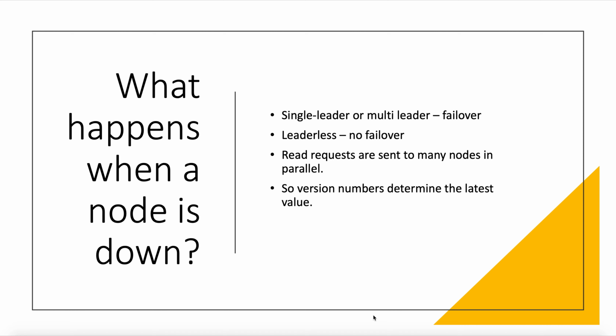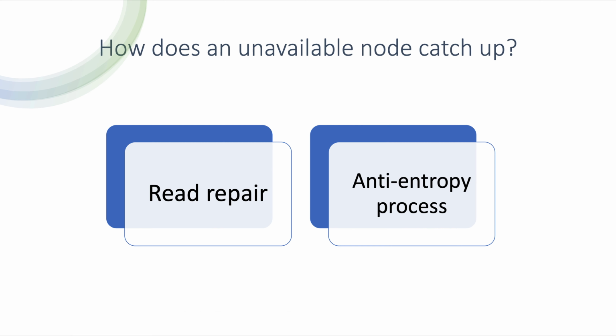Now imagine that the unavailable node comes back online and the client starts reading from it. Any writes that happened while the replica was down are missed. So if you read from the stale node, you will get stale values. To solve that problem, when a client reads from the database, it doesn't send the request to just one replica. It sends the read request to many nodes in parallel, and since one of the nodes is stale, it might get different responses from all the nodes. Thus version numbers will be helpful here to determine the latest value. But eventually the unavailable node has to catch up on the writes that it missed.